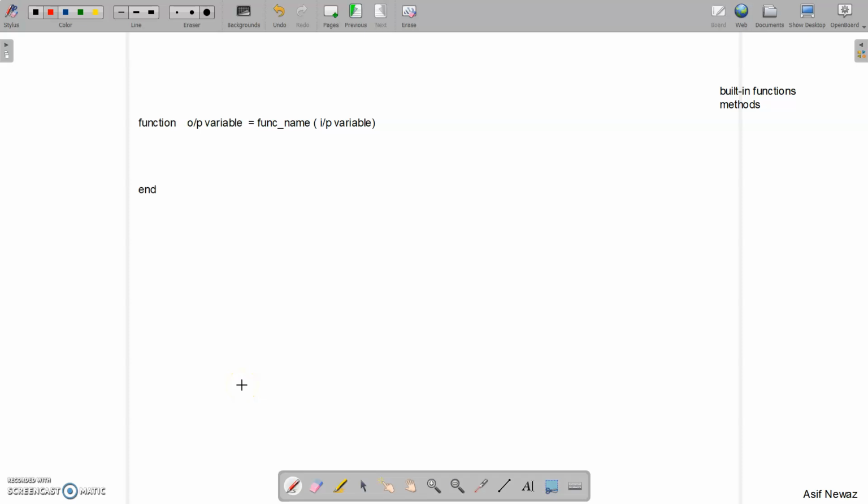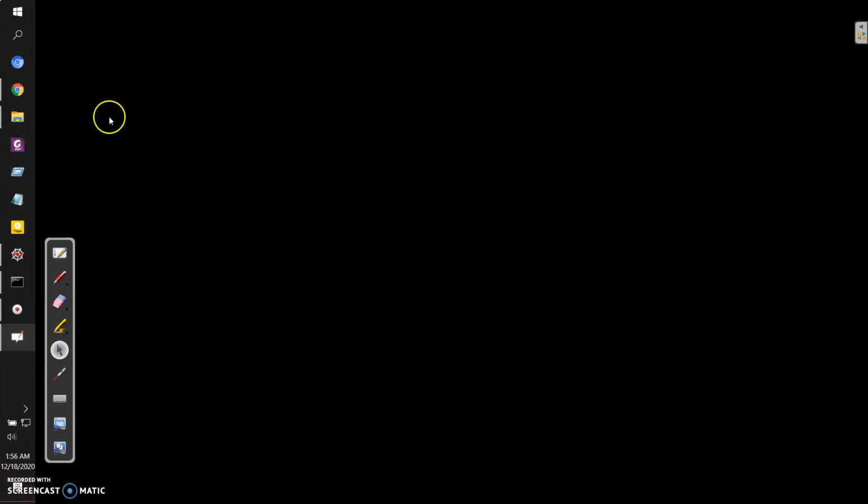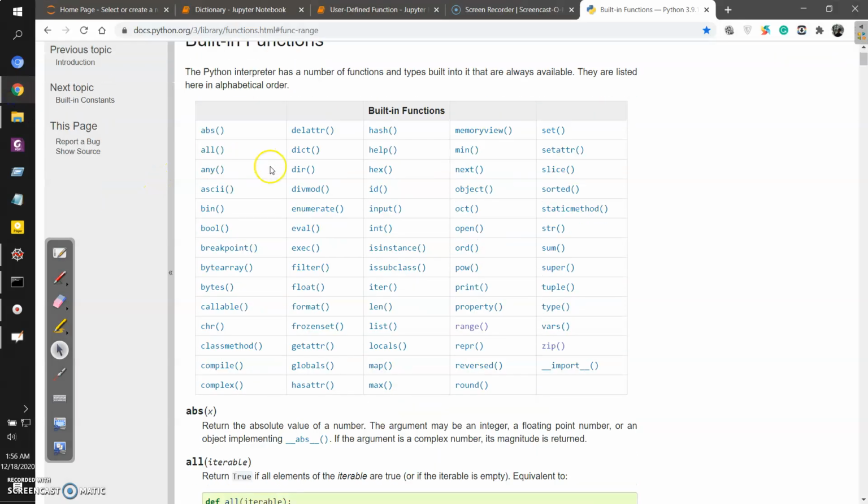Alright, let's start with functions. Now, first of all, there come the built-in functions. You already saw and used some of the built-in functions like length and sum. If I look at the Python documentation, you can see these are some of the built-in functions that are